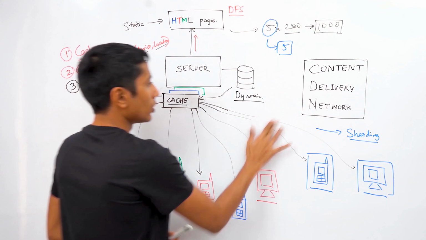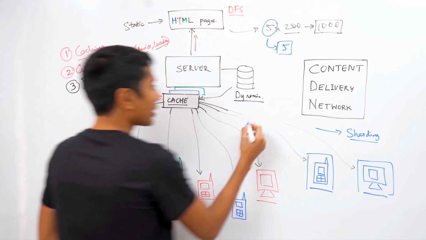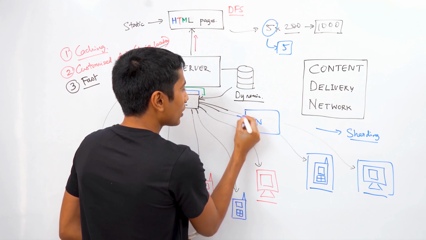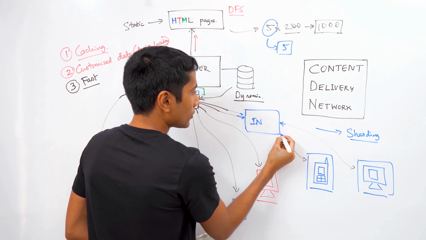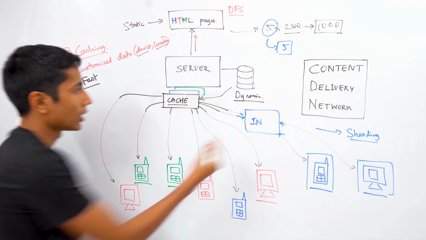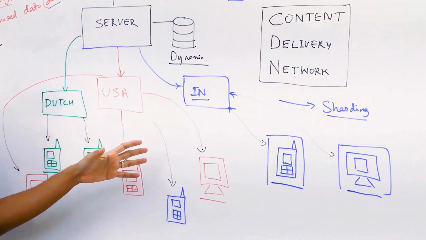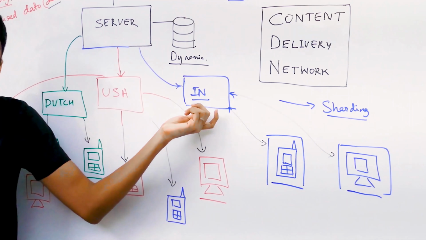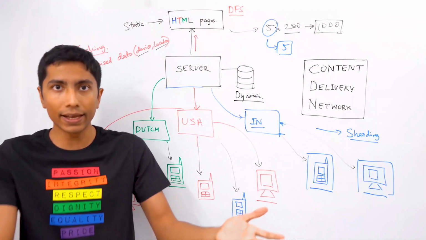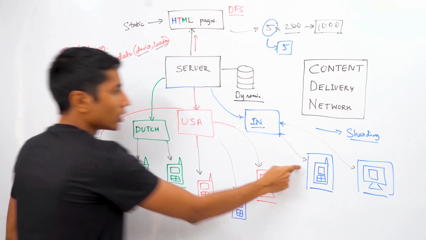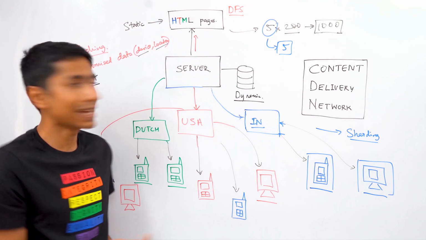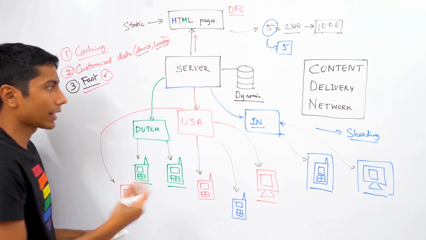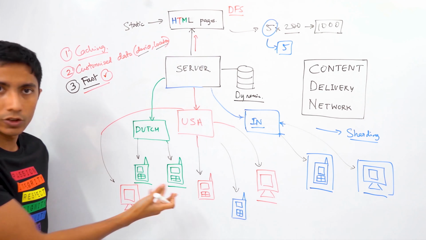What you want to do is either construct a data center in India, which is how things seem to be going, or you can create a cache here in India through which Indian users can access the HTML page. With that change, we are able to serve Indian users using an Indian cache which is placed very close to them geographically, which is basically India, let's say, or somewhere in Asia. So the request and response times are quick, the latency is less, which means that this system is now fast. Okay, that is one requirement that is taken care of. Similarly for the US users and similarly for the Netherlands users.